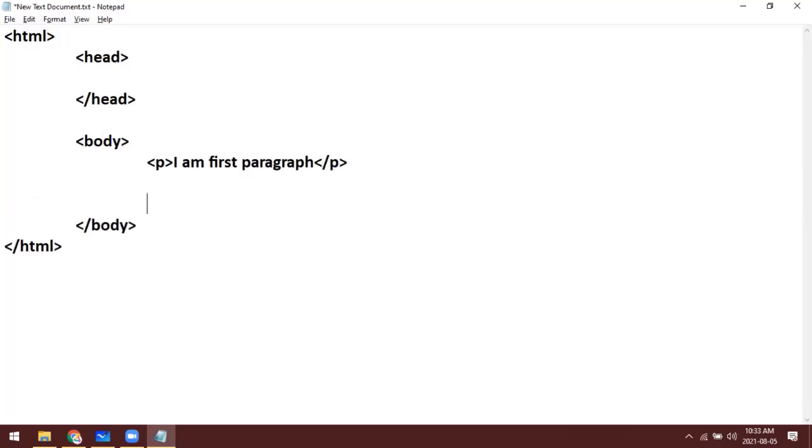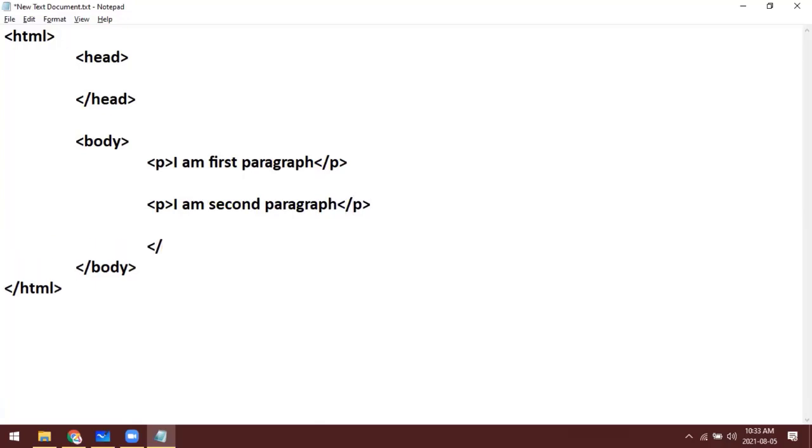First paragraph. Right. So now we have 3 paragraphs. Either is okay for the purpose of demonstration.